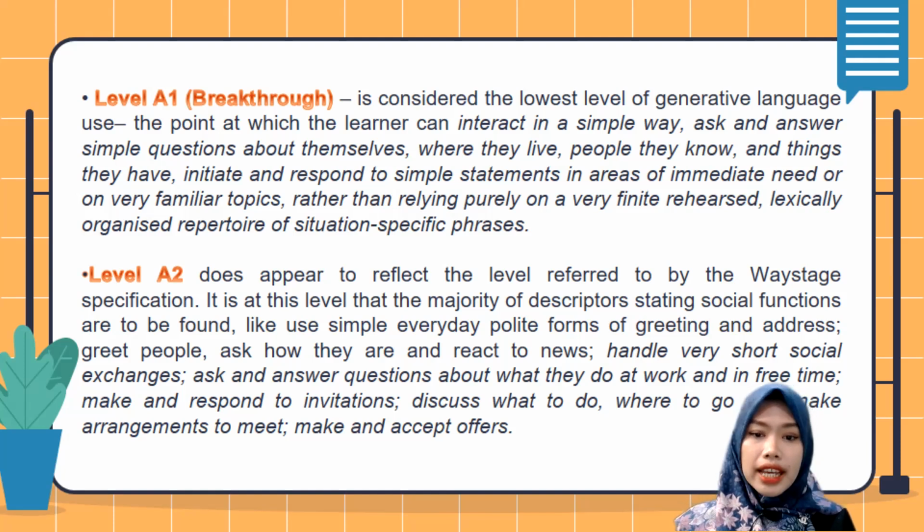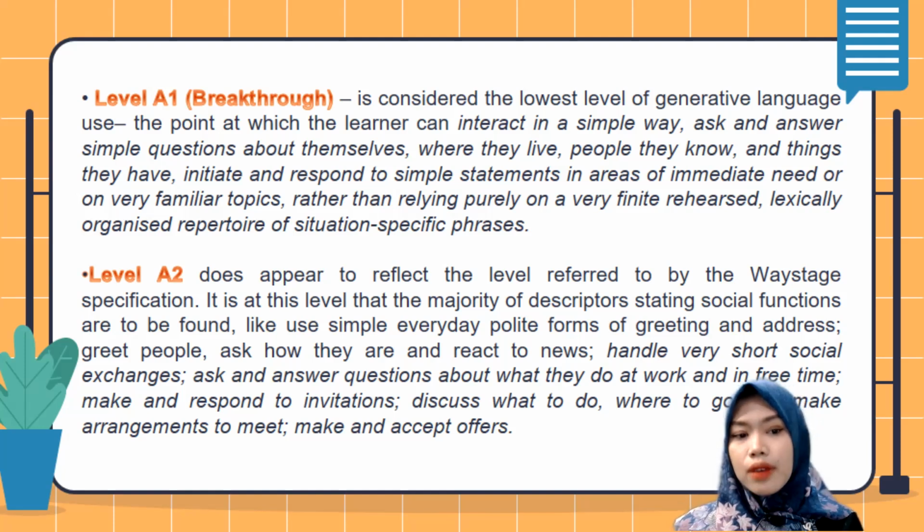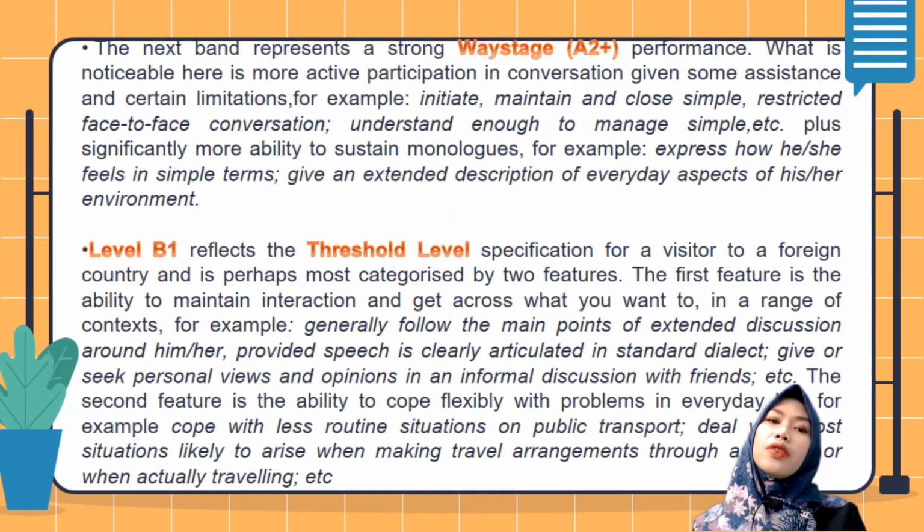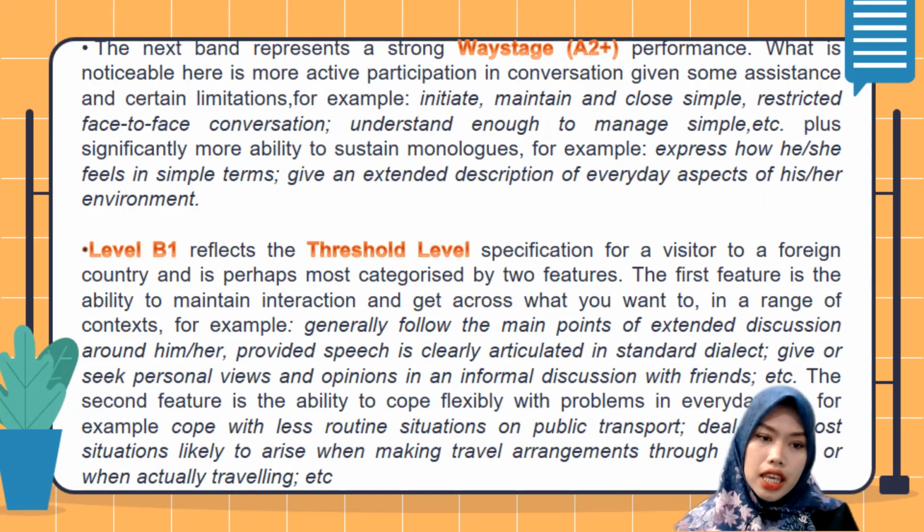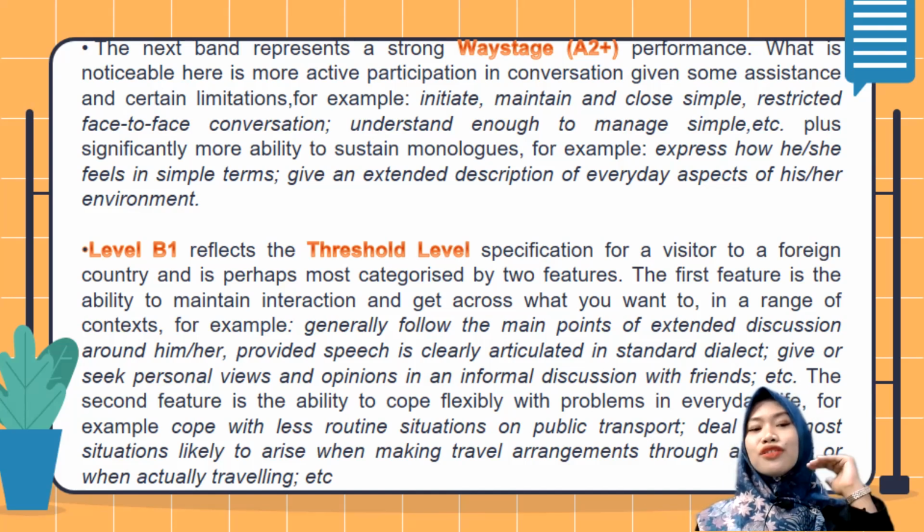does appear to reflect the level referred to by the waystage specification. It is at this level that the majority of descriptors stating social function are to be found. Okay, the next represents strong waystage. B2 waystage. Okay. And then the level B1 reflects the threshold level specification for a visitor to a foreign country,